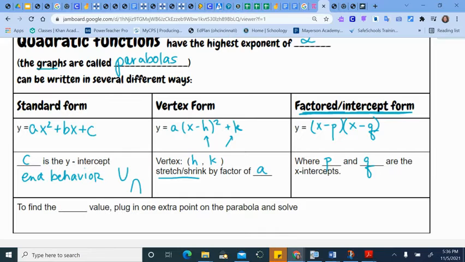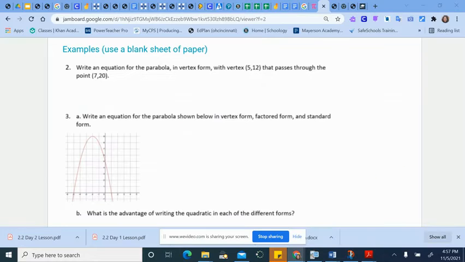If we've got it in some crazy form and we're trying to figure out what the a value is, then we use some extra point that they give us, some extra point (x, y). We plug it in and solve for a. Okay? So if we are going to write an equation for this parabola, first of all, we know where the vertex is. So that's where we're going to start. We're going to start with vertex form, because that's what it says to use. So y equals